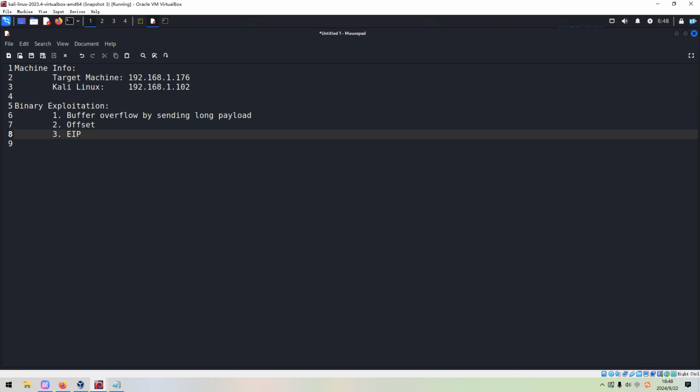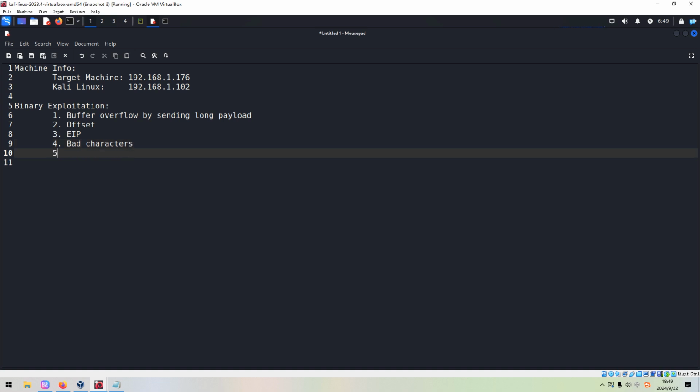So this is the most important register of the binary, and we need to put something into this, or overflow the EIP with something exploitable, for example, like a dynamic link library or something else. Later I will showcase what it means. Okay, and the next, we need to find the bad characters.